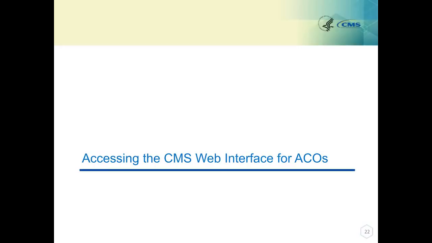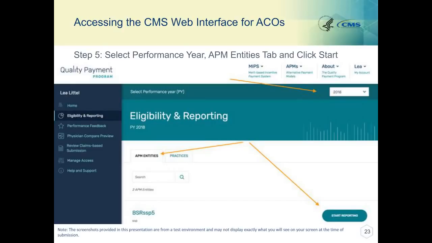The following steps to navigate to the CMS Web Interface are slightly different for ACOs and groups. First, I will show you the navigation for ACOs. Next slide. If you are an ACO, when you reach the Eligibility and Reporting page, you will see a page